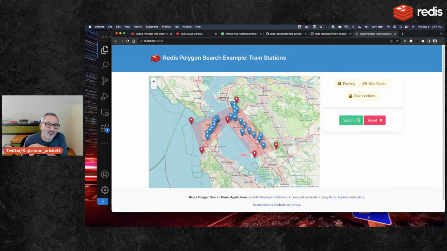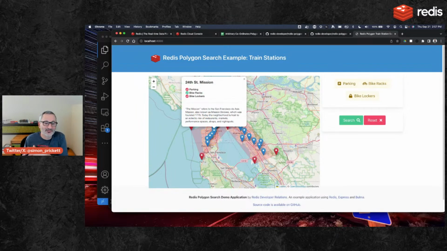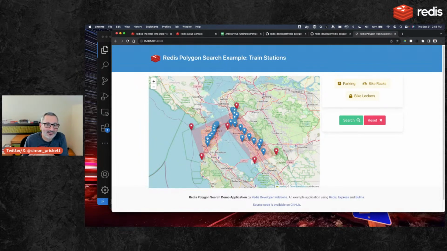And then when I click on one of these results, you'll see it's showing information that came from Redis. So it's showing that this station does not have parking, it does have bike racks, and it doesn't have bike lockers. And then this is information about the station. So keep an eye on this sort of area